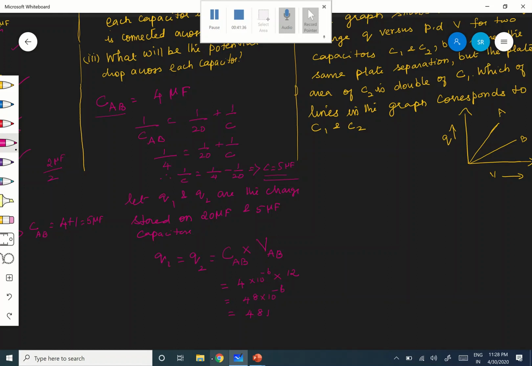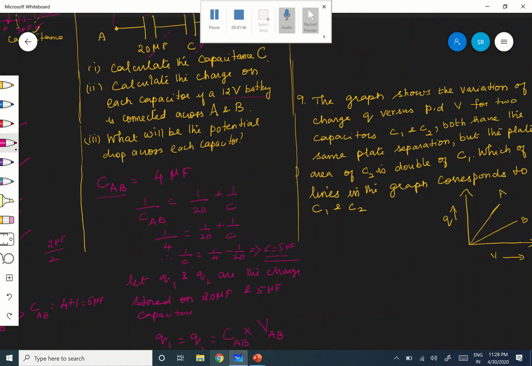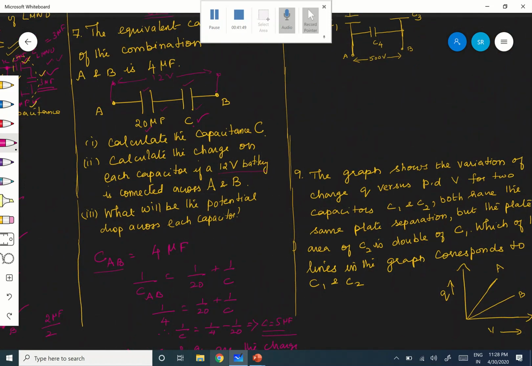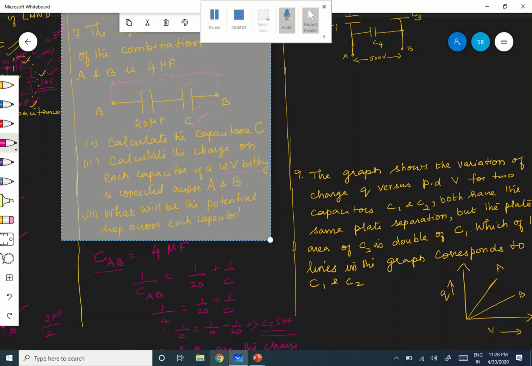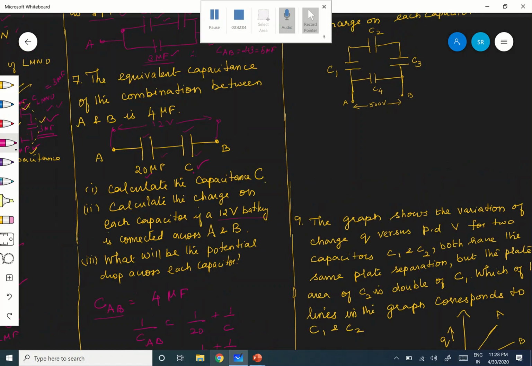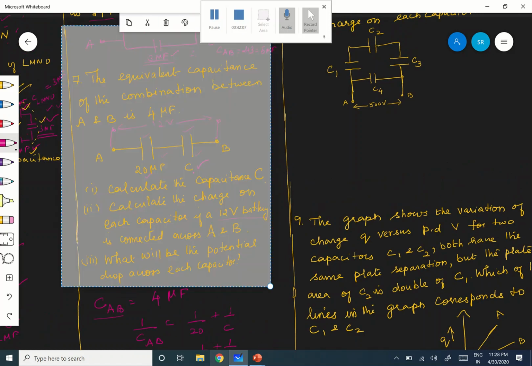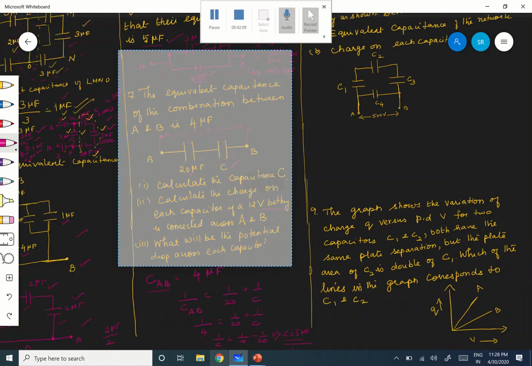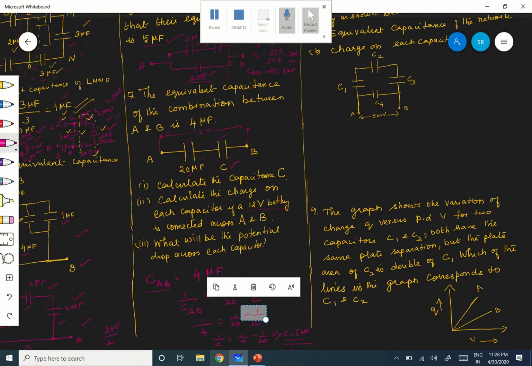Minus 6 coulomb. Okay, therefore it is microcoulomb. Are you following? If the capacitors are connected in series, the charge on each capacitor will be the same, and that is equal to the total charge stored in the combination also. Therefore, the total charge stored in the combination is nothing but total capacitance into the total potential difference. Are you following?